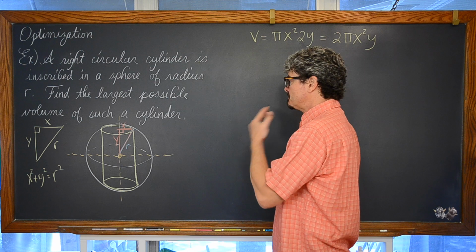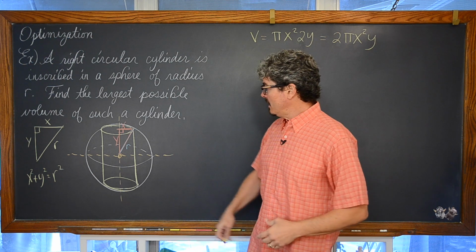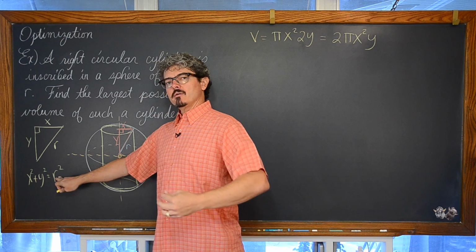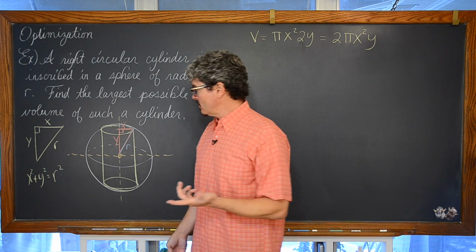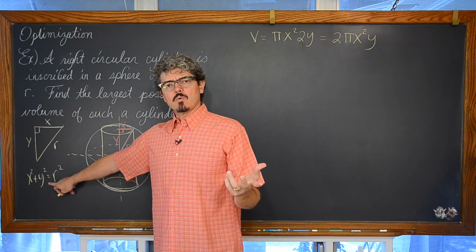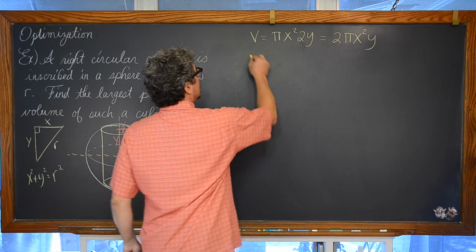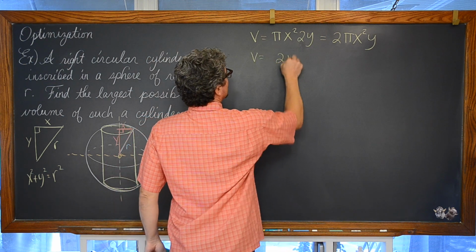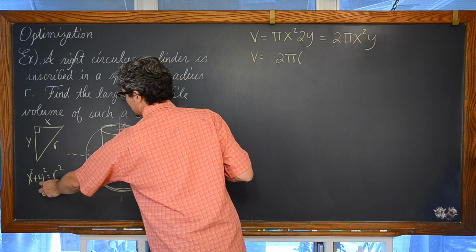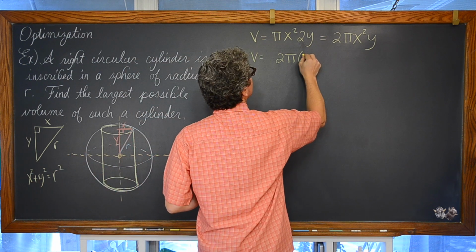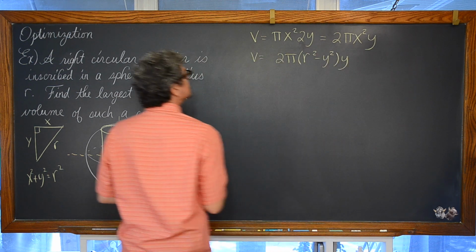And what's going to be easier to get out? Are we going to bring the fixed unknown value of r into this equation through the variable of y or through the variable of x? Well, why would I want to solve for y and have square roots when I basically have a nice clean x squared here? So we have that volume is equal to 2 pi x squared, which is going to be, of course, equal to what? R squared minus y squared times y.